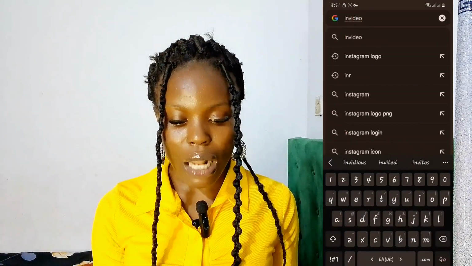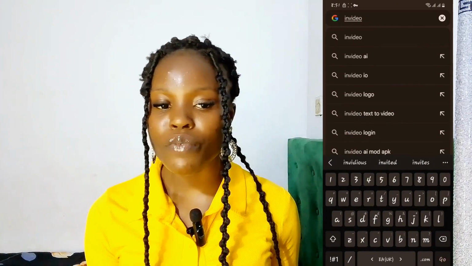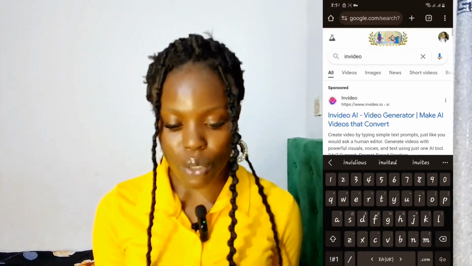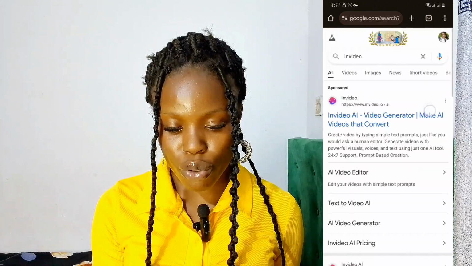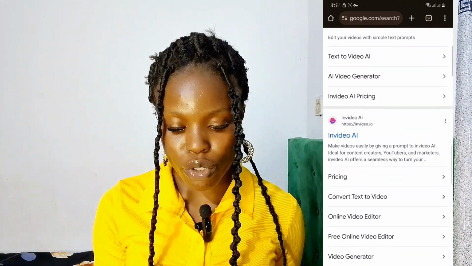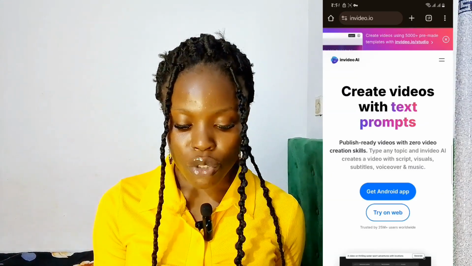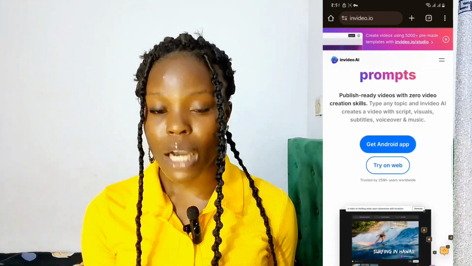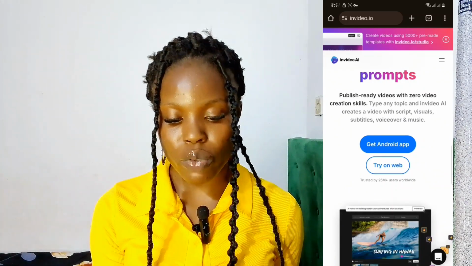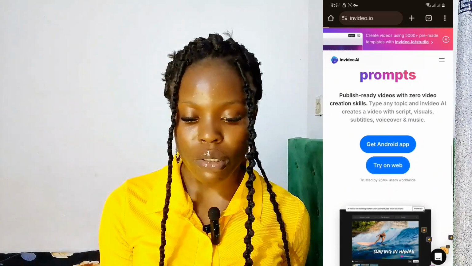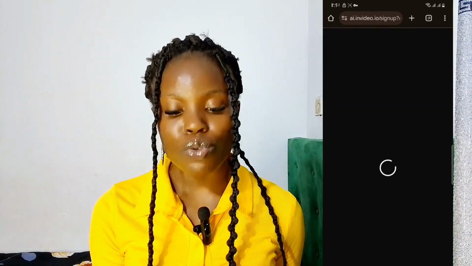I really love this because it allows you to create a video with no stress. You just scroll down to where you see InVideo AI, or you can say invideo.io. If you want to download the app, you can see get Android. But we are going to try it on the web browser. If you have not signed up, and I've not signed up with this particular email, what you just need to do is